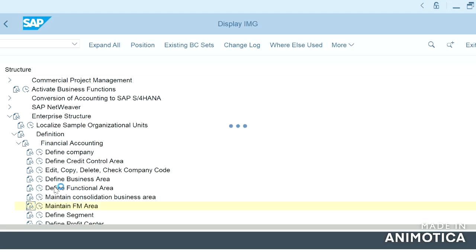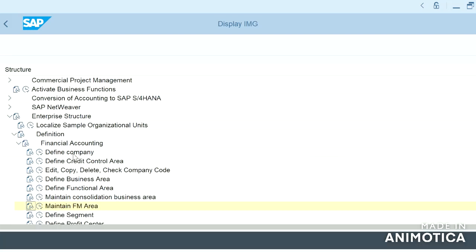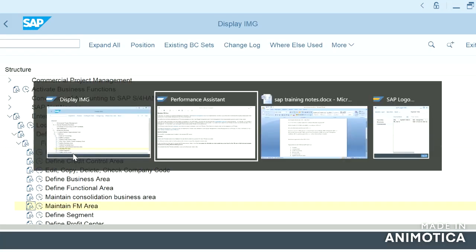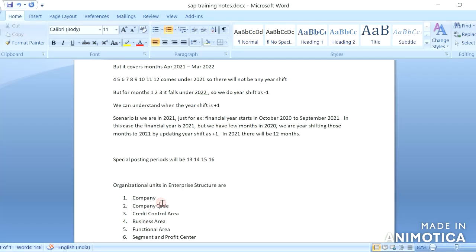Being the highest level, we can generate reports based on, see, this is financial management area. Based on the company code, credit control area, and each and every organizational unit, we can generate reporting.